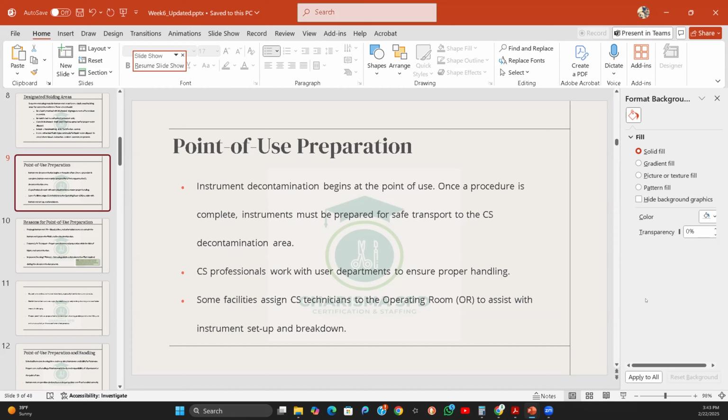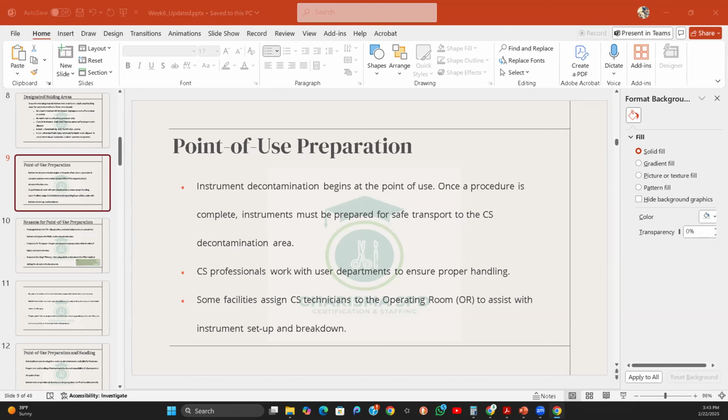So I think I made mention of this point in the earlier conversation. Decontamination of instruments begins at the point of use. How does it begin at the point of use? When we remove gross soil, we are making it safe for reprocessing. And once we remove the gross soil, we make it safer for transport. And in some cases, like she read,